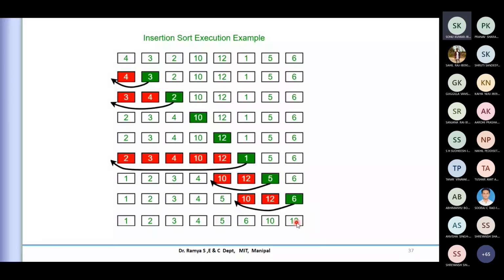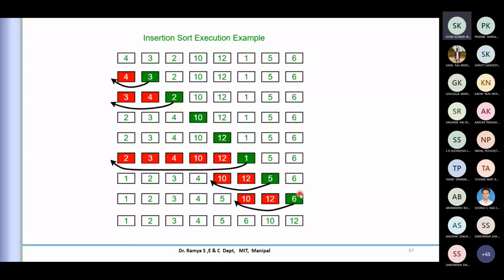That is where insertion sort is different from bubble sort. Remember, in bubble sort I'm comparing only the previous neighbors and just swapping between them. There is not much more comparison beyond the neighbors. But insertion sort is not so.